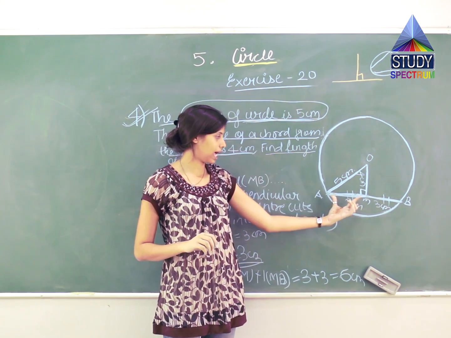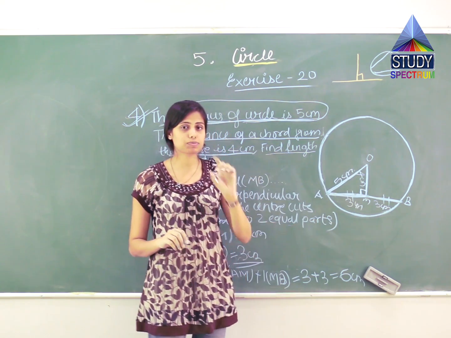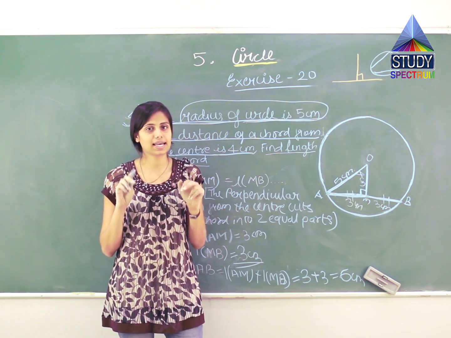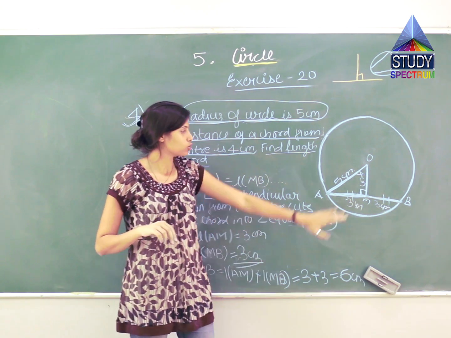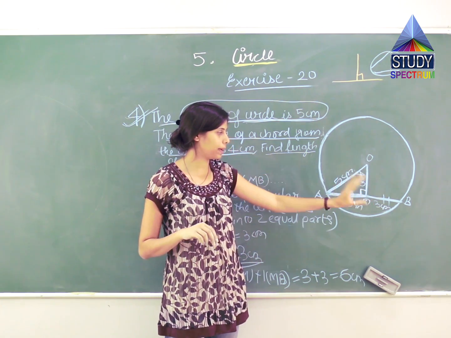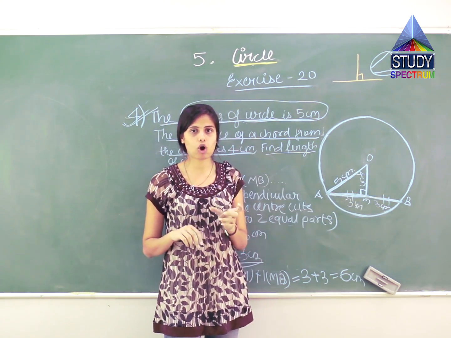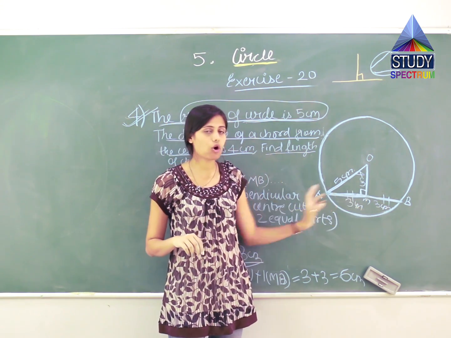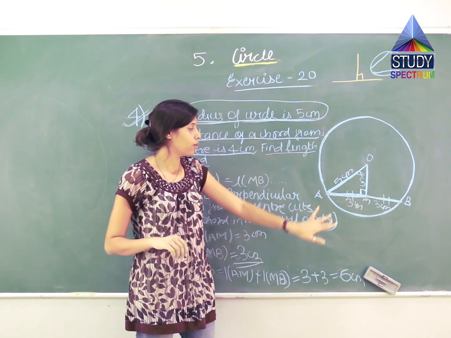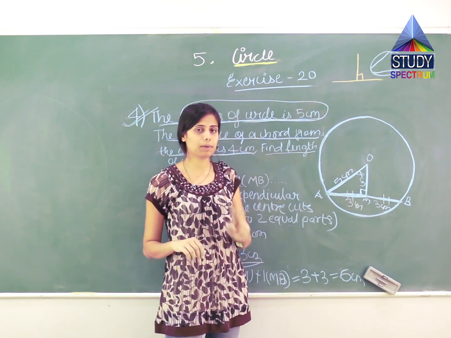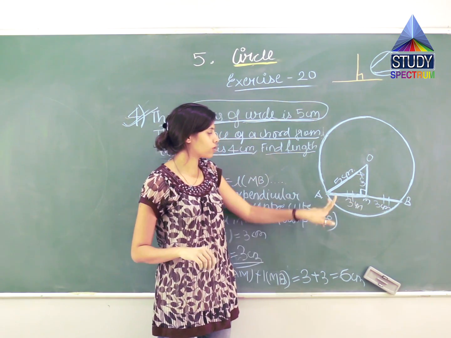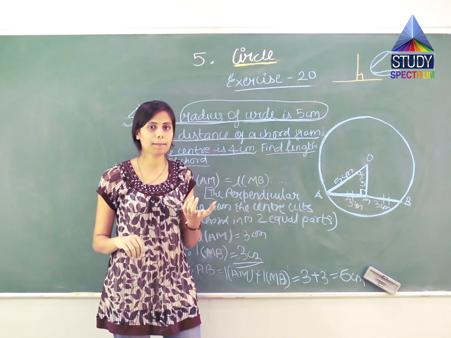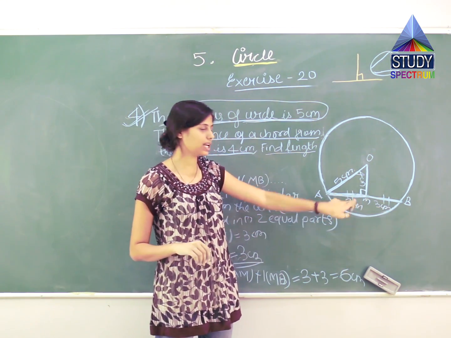अब हमें AM मिल गया है and we have this property that a perpendicular drawn from the center to a chord bisects the chord into two equal parts. So over here OM जो है वो perpendicular है किसके? AB chord के. Means what? ये जो perpendicular हमने draw किया है वो AB को दो equal हिस्सों में बांट देगा, which cuts the chord AB into two equal parts at the point M. So we have AM equal to MB and hypotenuse theorem से हमें क्या मिला? The length of AM 3 centimeter.